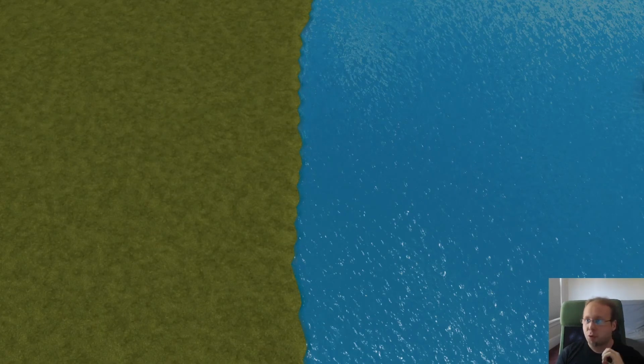This is what happens when you apply the detailing. You can see on the water, there's basically nothing that you can notice, no tiling issues whatsoever. On grass, you can sort of see the lines somewhere where the texture rotations happen to align in such a way that some prominent feature of the texture is still visible, but it's largely speaking really, really good. And this is all completely automatic.